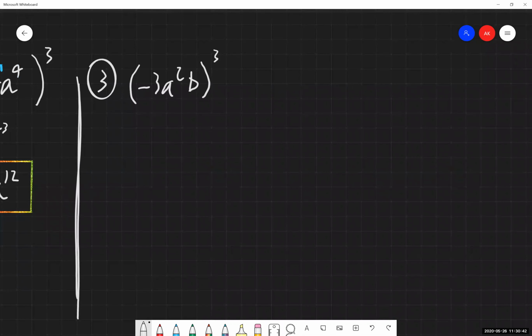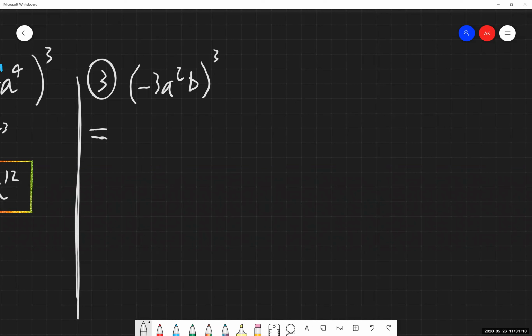So again, when we're going through these, we need to correctly identify the base of the exponent. And in this instance, the base of this 3 on the outside is everything inside the parentheses, and that does include the negative sign in there. So just like we did with our previous example, I'm going to work with this in parts. I'm going to work with the numbers, then I'll work with the a's, then I'm going to work with the b's.